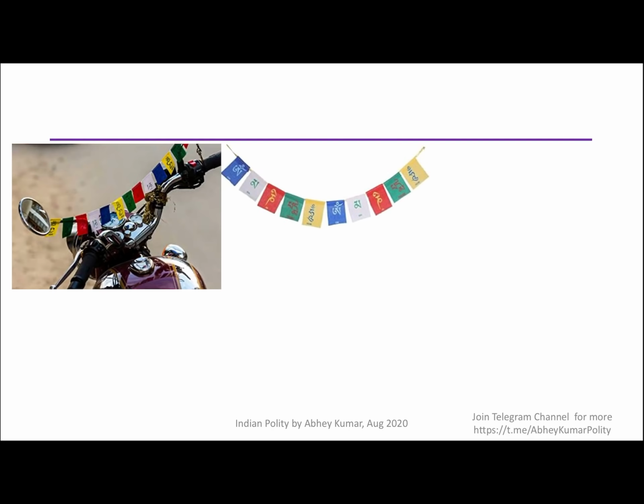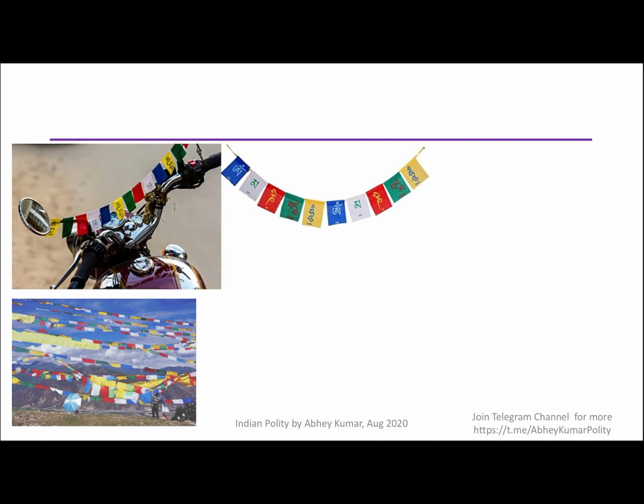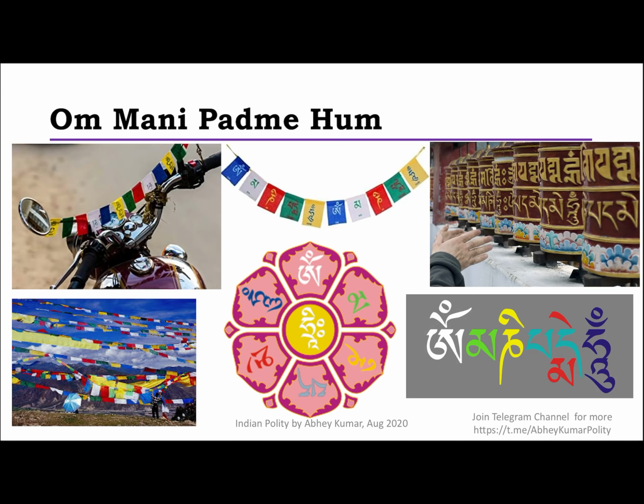So this is actually coming from the Tibetan culture, 6 syllables, which actually reads Om Mani Padme Hum. Numerous versions are available as to the origin and meaning of this mantra. Literally, it means praise the jewel in the lotus. Okay, praise the jewel in the lotus. Now, it can mean many things. Om Mani Padme Hum. The 14th Dalai Lama, who is the present Dalai Lama, explains it.